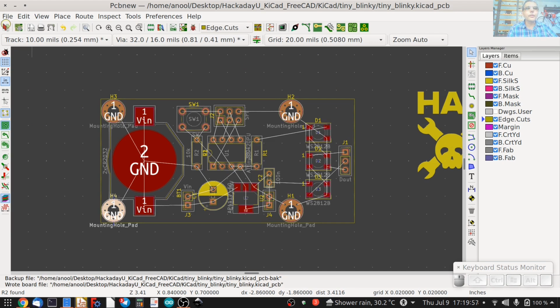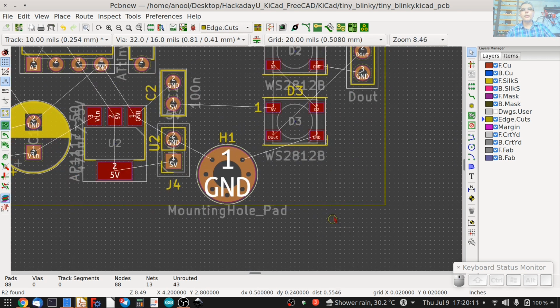It seems it'll be nice if we can make the board wider a bit, because the mounting holes are too close to the battery holder. So here's a little trick with KiCad. The parts that get selected depend on the direction in which you move your mouse. So if I start from the top here and move down like this, you will see that the edge cuts line didn't get selected. But if I repeat it from the other side, which means start from the bottom and move up like so, the edge cuts line gets selected.